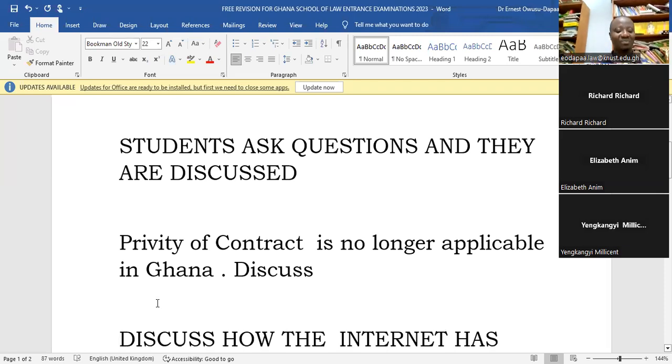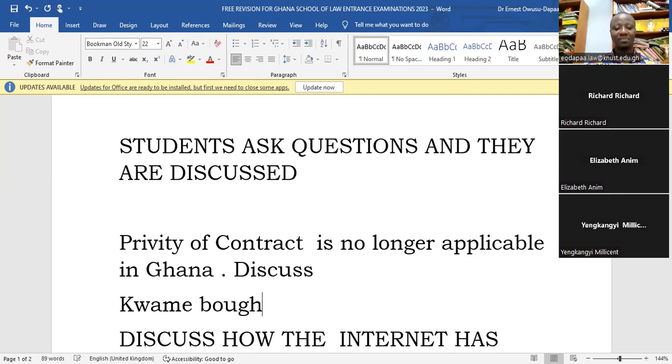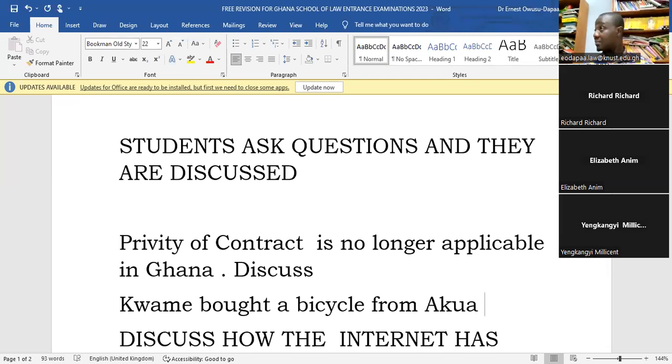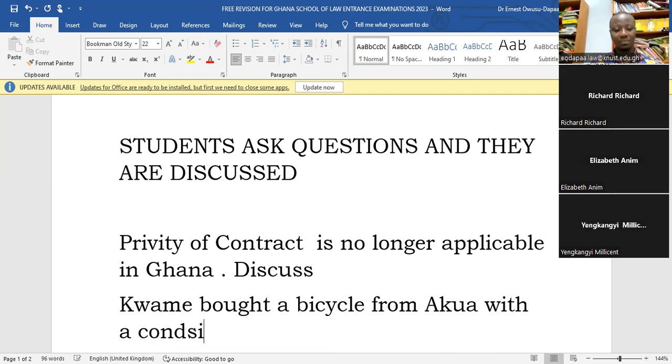Any attempt? Yes, my lord, I'll try. Okay, the common law position. That's when we take the case of Tweddle and Atkinson. If you're not a party to a contract, you cannot enforce it. But then concerning the Contract Act 29, I think Section 5, says that if you are a third party and a beneficiary to the contract, irrespective of you not being privy, that means you not being a party to it, you can enforce it. And we have cases like Edward Farms and Harley and Quaye